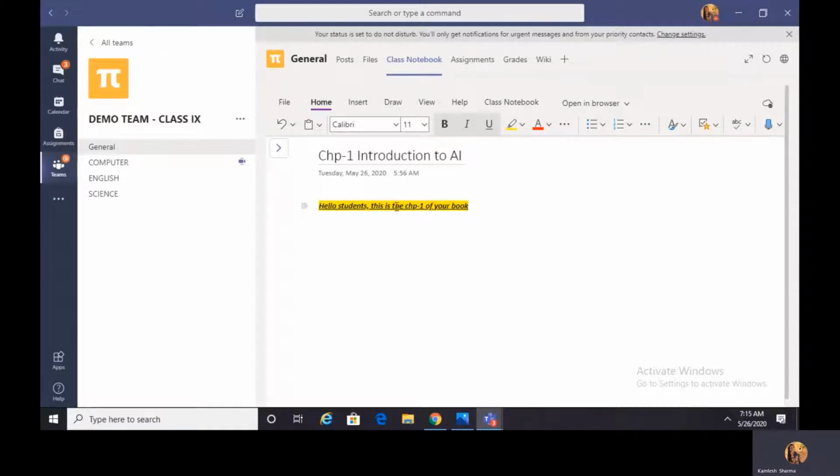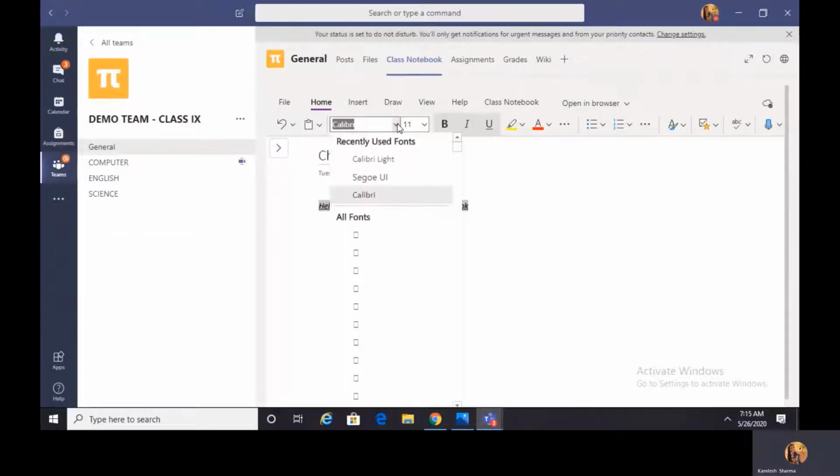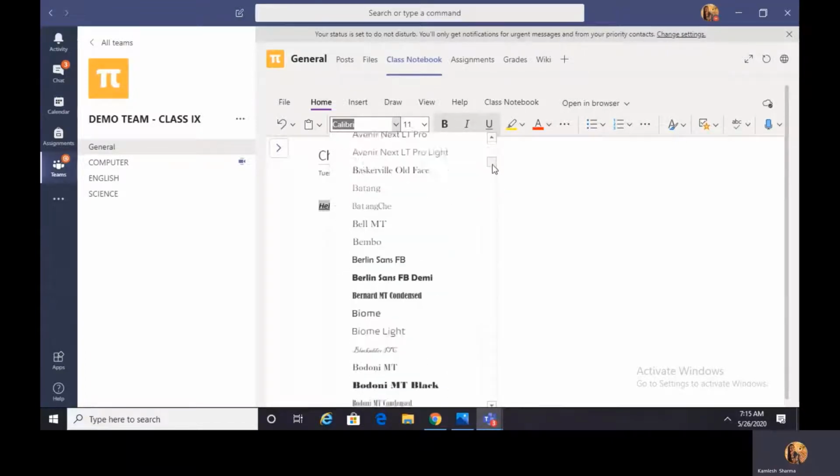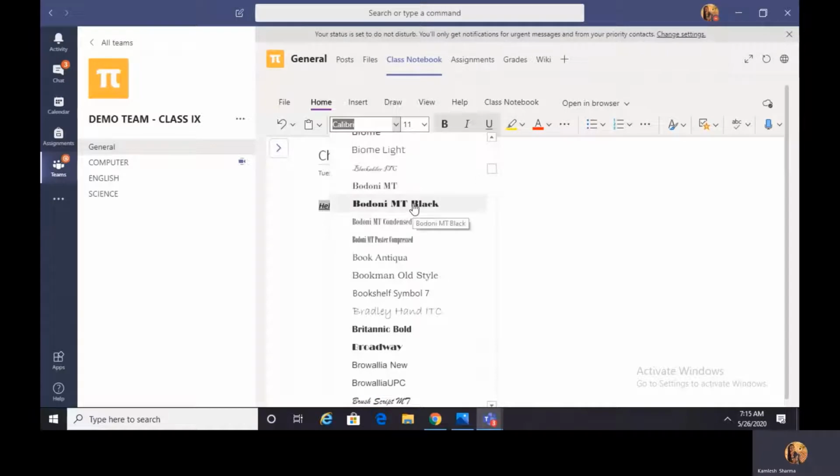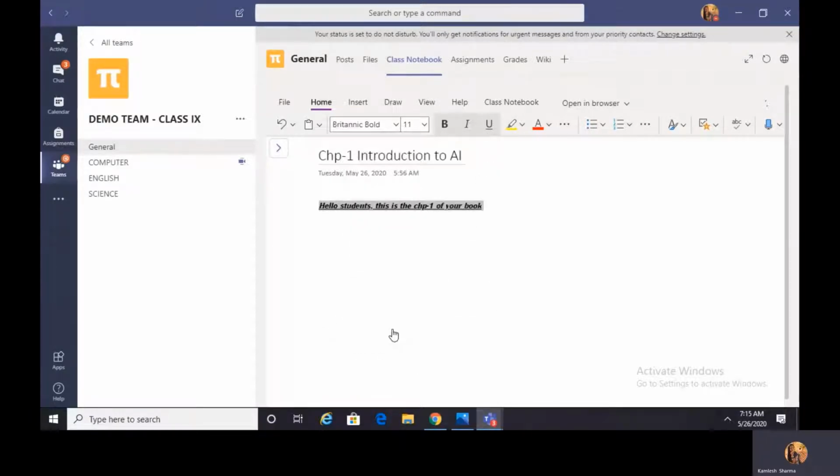Select the content once again. If you want to change the font type and size, you can do that. Let's say I want to change the type of my font to Britannic Bold. I can do that. I want to change the size of the font. I can very well go and do that.